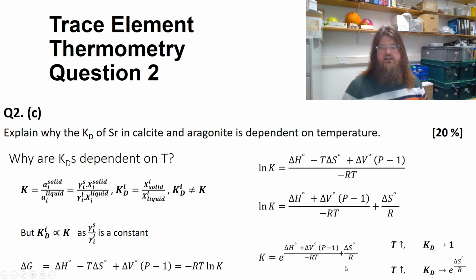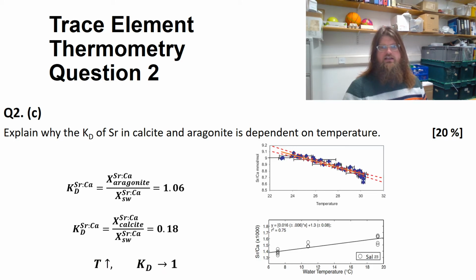But the important thing here is that if we look at the form of this equation, as the temperature is increased, that makes this whole fraction start to tend towards 0. And e to the power of 0 is 1. So at higher and higher temperatures, at least this part of the equation will tend towards 1. There is some kind of entropy term here, which means it doesn't exactly go to 1, but nonetheless, we can see from the examples that we had in the lectures that the